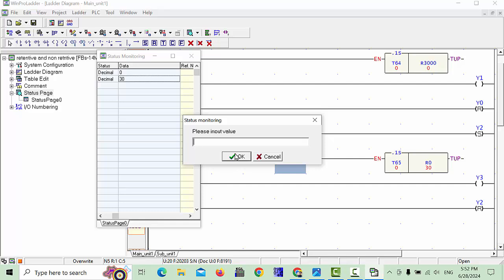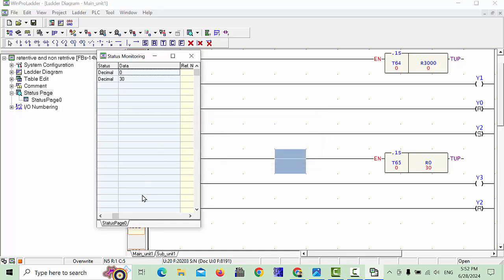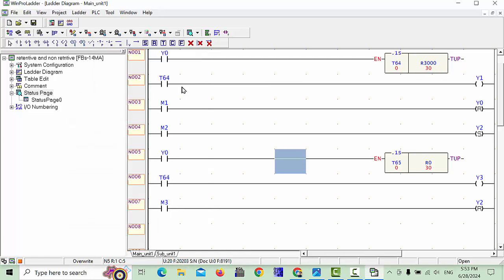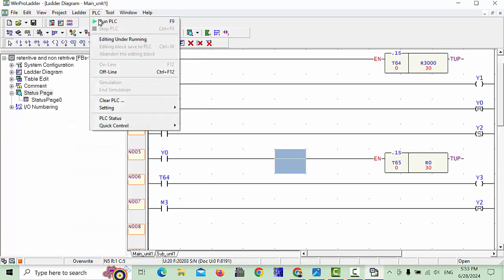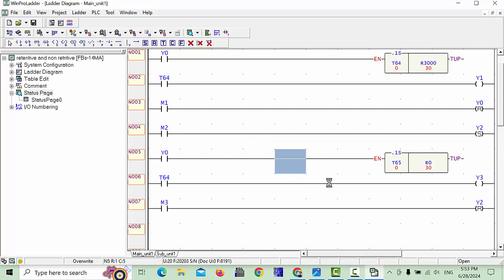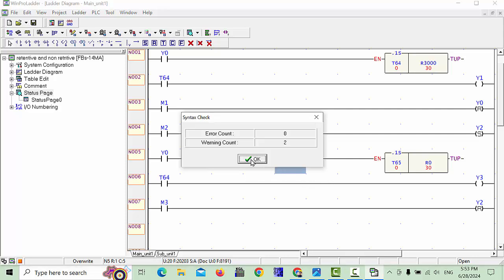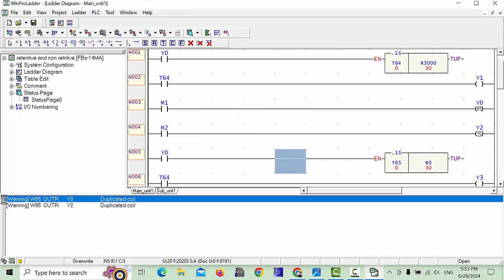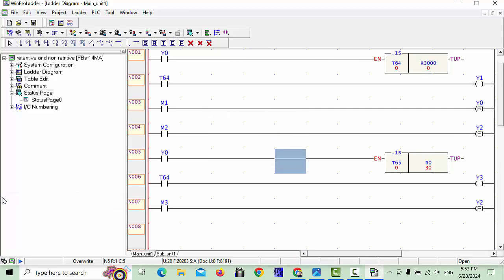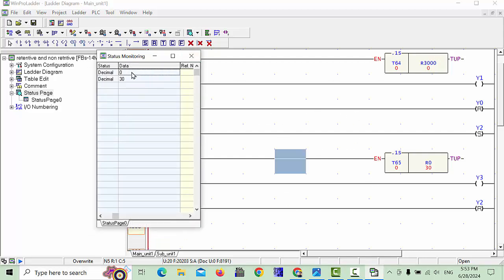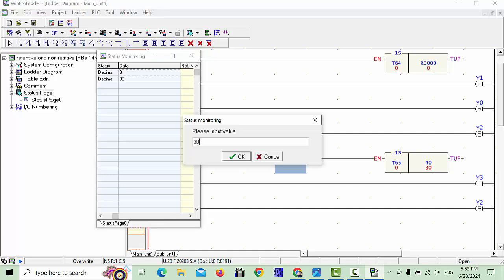No, 30 we will write 30, right, because this is T64, T65, 30, and this also we will write 30, no problem. This I give the 30 and download it to the PLC again, because we have to see the difference. This will be cancelled. R0 30,